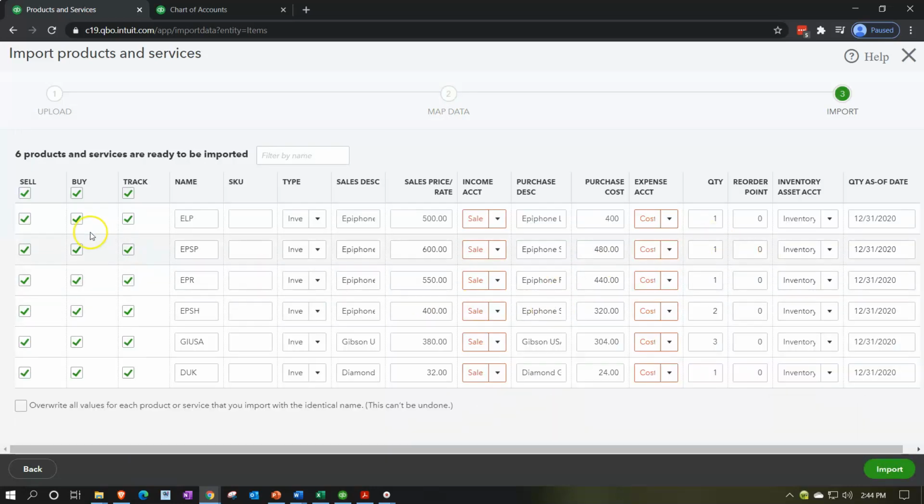So now we're on the import side. So notice the added check marks we have over here. We sell them, we also buy them, and we track them, meaning we're going to track the actual units of the inventory here. We've got the name. We didn't put anything on the SKU. We have the type pulling in, the sales description pulling in, the sales price pulled in,